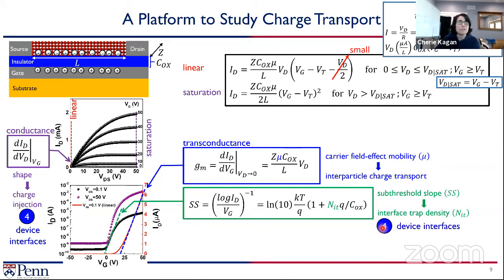And then finally, the intercept of this blue curve here down to the axis tells us what's known as our threshold voltage, sort of where the current in the current voltage characteristics turns on. And so if we dope something and we have more carriers, then you'll see that this threshold voltage will shift and it'll turn on sooner. And so we can use this threshold voltage as a way to study how we dope